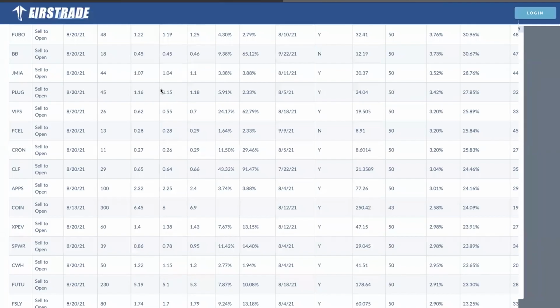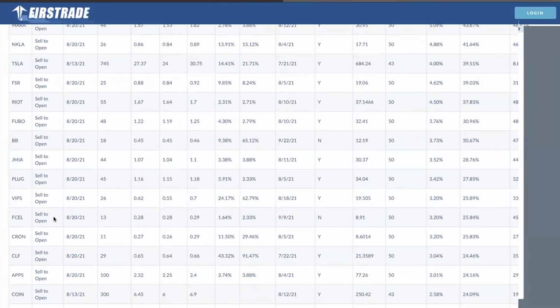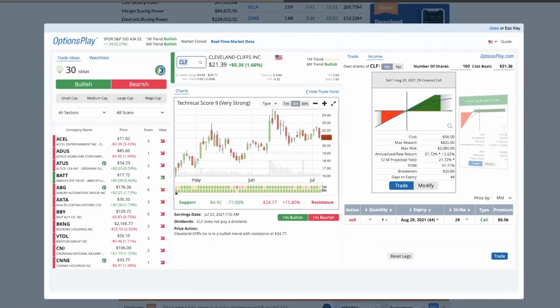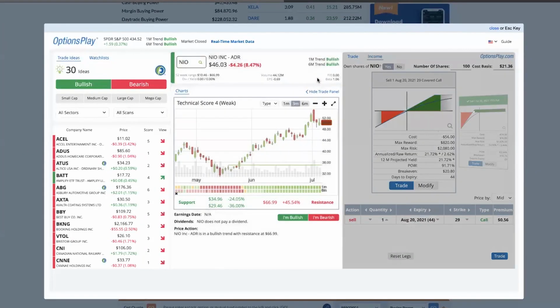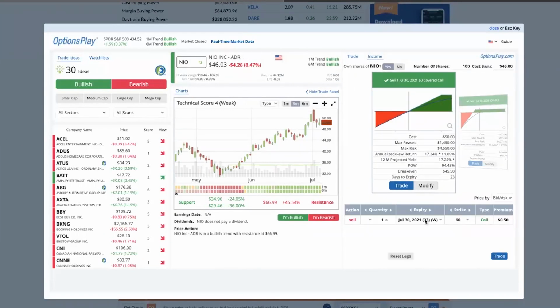What you do is you go to the covered call report and you effectively go down the report and look for the stocks that you own. So let's say someone else said they own NIO, and I know this is probably a very widely held stock. NIO is currently telling me to sell the August $70 strike. NIO is also a stock that does not pay dividends. So if you hold the stock, you have no income to show for it. But I can sell the August